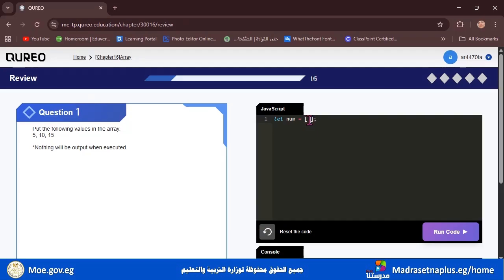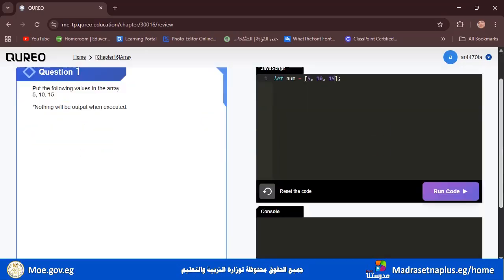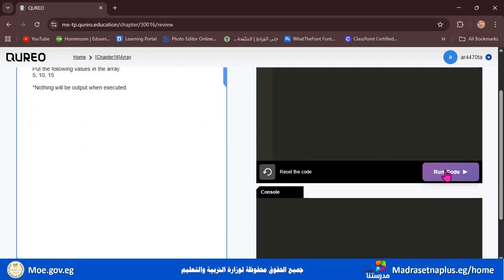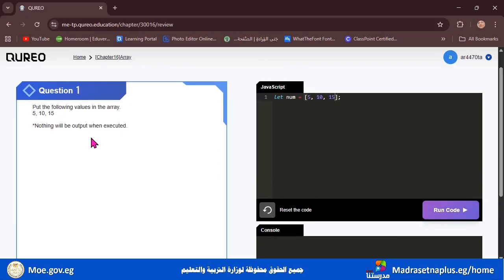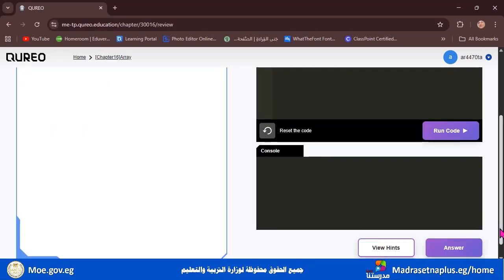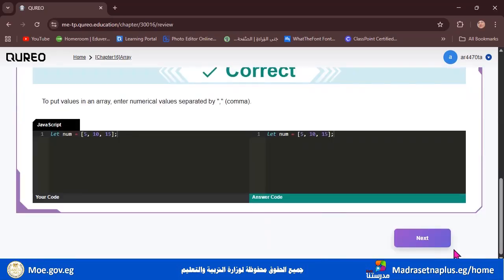Here in between the square brackets, we write 5, comma, 10, comma, and 15. And let's click run code. It says nothing will be output when executed, so no need to execute it because nothing will appear here. And click answer, and it's correct.